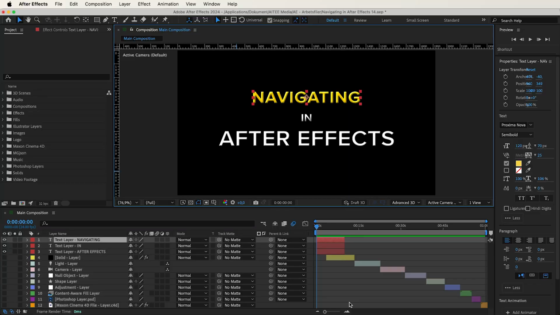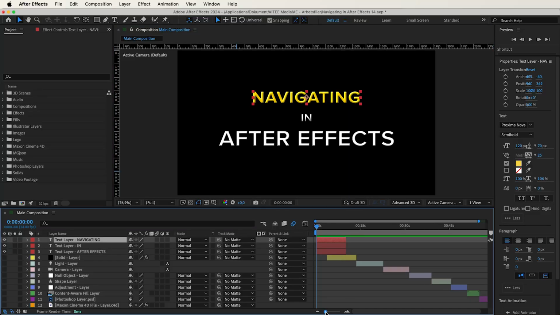A few more quick things that are good to know about here in the timeline are the zoom down here. So we can just drag it to the right to zoom in and to the left if we want to zoom out. The work area, which is the space within this highlighted area, is adjusted by dragging in the ends and moving it around. Really handy or quite necessary whenever you're working within a project,